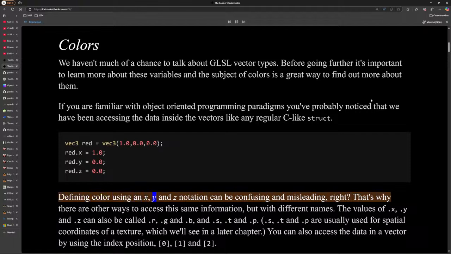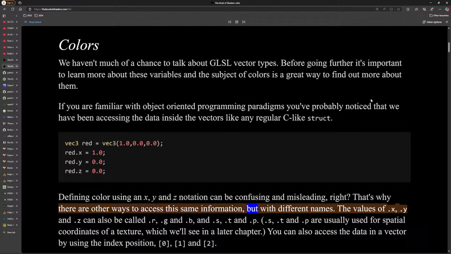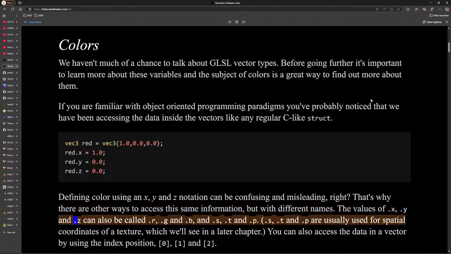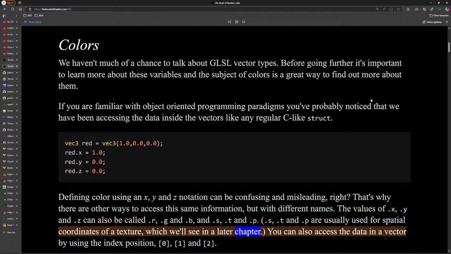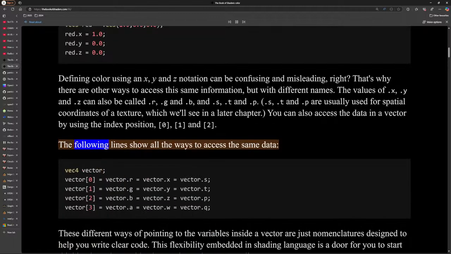Defining color using an x, y, and z notation can be confusing and misleading, right? That's why there are other ways to access this same information, but with different names. The values of .x, .y, and .z can also be called .r, .g, and .b, and .s, .t, and .p. .s, .t, and .p are usually used for spatial coordinates of a texture, which we'll see in a later chapter. You can also access the data in a vector by using the index position, 0, 1, and 2. The following lines show all the ways to access the same data. vec4 vector; vector[0] = vector.r = vector.x = vector.s; vector[1] = vector.g = vector.y = vector.t; vector[2] = vector.b = vector.z = vector.p; vector[3] = vector.a = vector.w = vector.q;